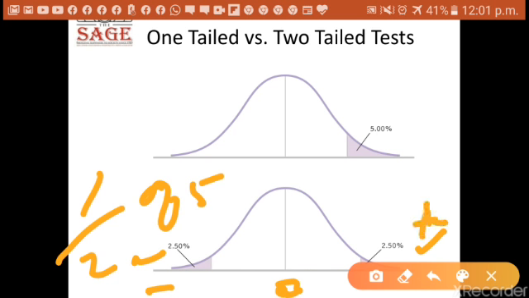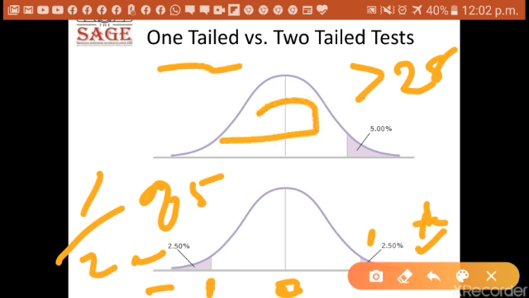Suppose I want to be sure that the age of the candidates under consideration should be between 18 and 28. So below 18 will come over here and above 28 will come over here. That is a two tail test. And suppose I want to find out that my samples should be not less than 28 years. In this case we have a one tail test. In a one tail test, this whole area comes in. Is it clear to all of you?